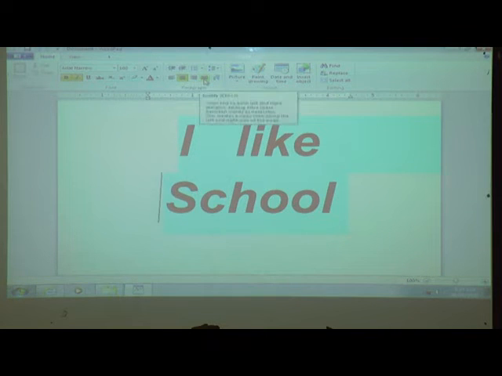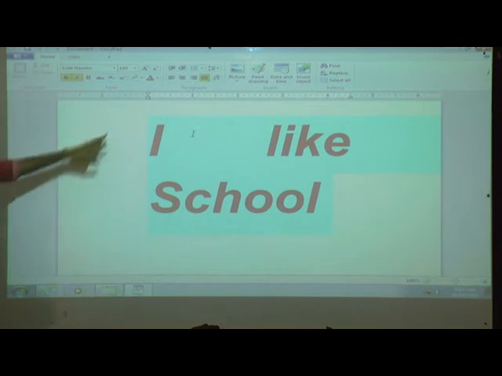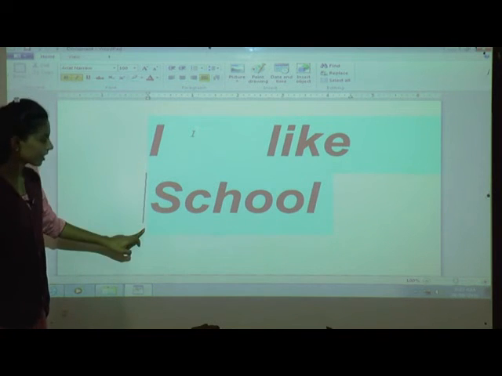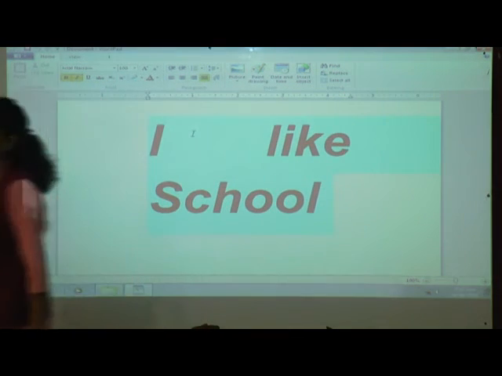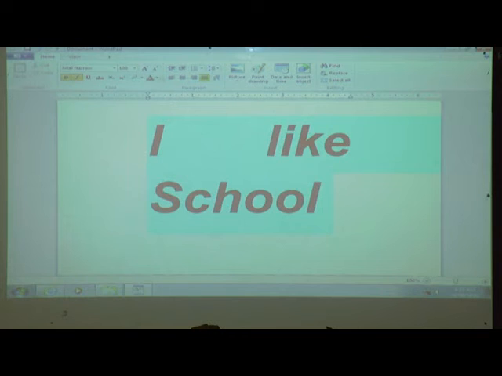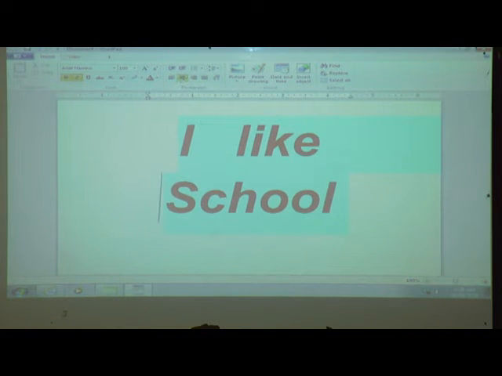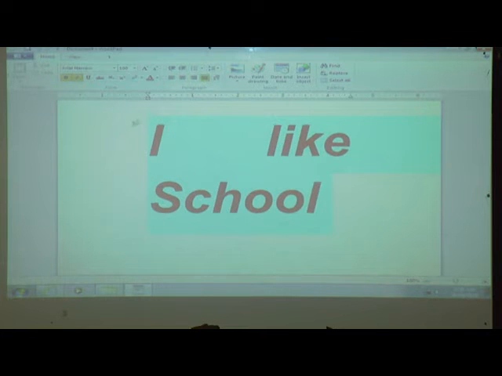Now, what is meant by justify? They are from the right side also one line, and from the left side also one line. What is the difference from the center? Center means become a center, and justify means from the left side also one line and from the right side also one line. Understand till here? In which component are we studying? Yes, we are studying the component ribbon.